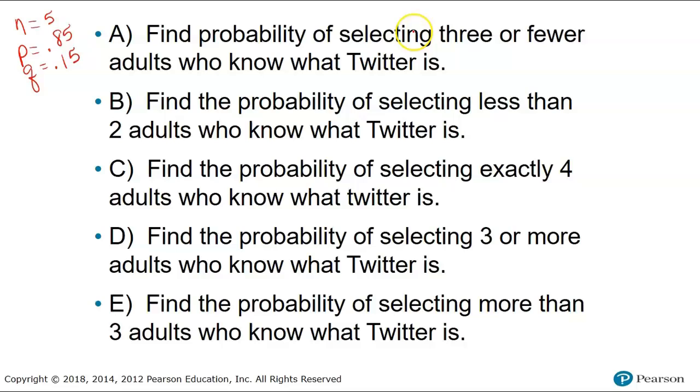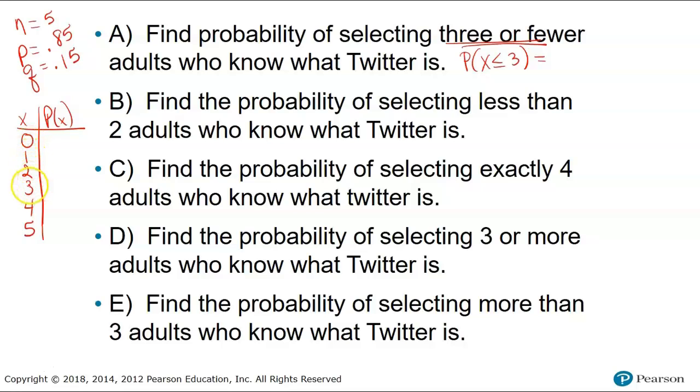So here we want to find the probability of selecting 3 or fewer adults who know what Twitter is. So 3 or fewer, we're going to write that as x is less than or equal to 3. So it's important that you get your correct inequality here. So we want x is less than or equal to 3. So I'm going to kind of draw this out over here because when we're talking about the Twitter example, either none of the 5, 1, 2, 3, 4, or all 5 know what Twitter is. Okay. So if I want the probability that 3 or fewer, that's going to be 0, 1, 2, and 3